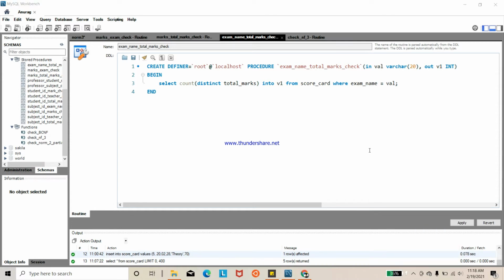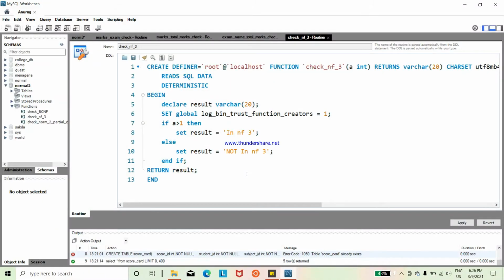So for checking the relation, if the value returned is 1, then the table is in third normal form. If the value returned by the procedure is more than 1, then it is not in third normal form. We can check this by using this function check NF3.